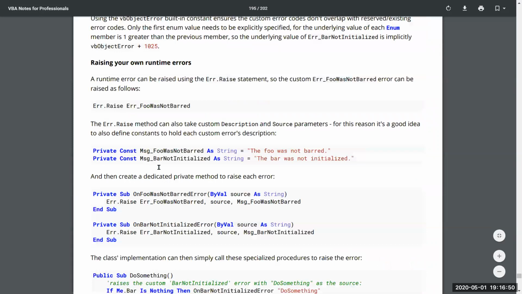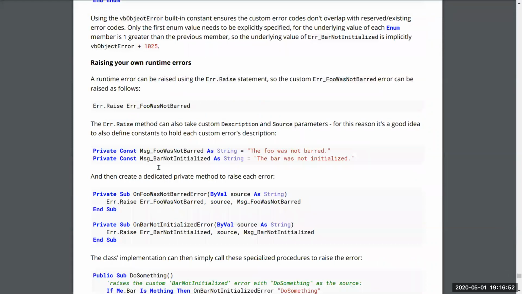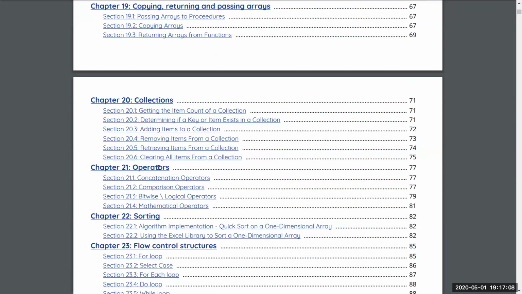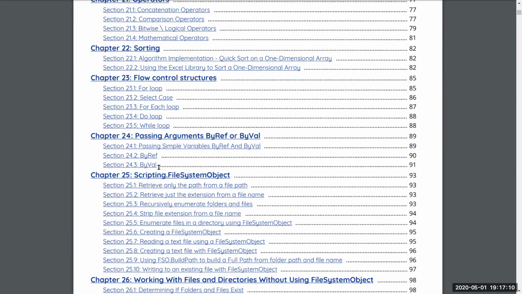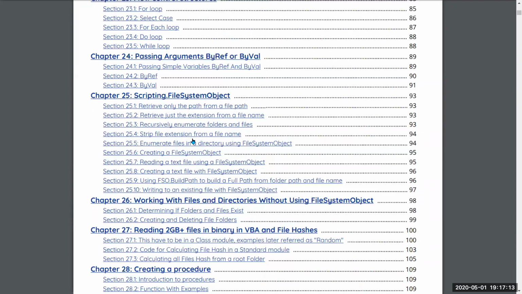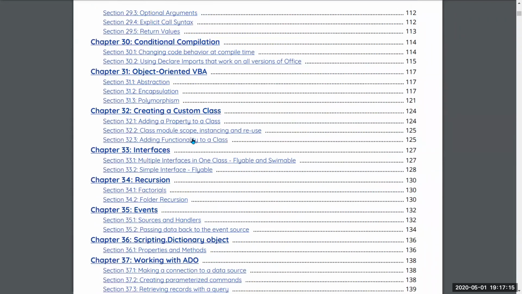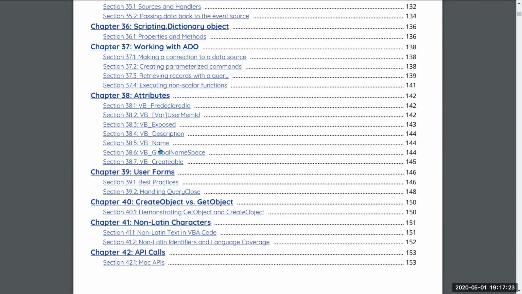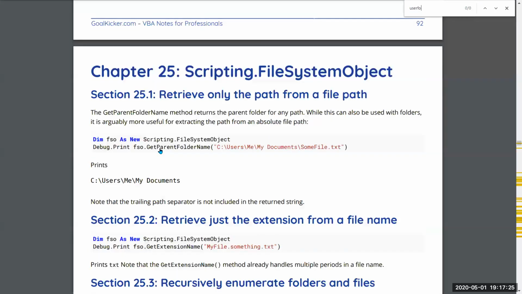In fact, somewhere in this book, it has already also been written: don't read this book from chapter 1, 2, 3, 4, 5 in an order. You should read it in a scattered manner. Whatever topic you feel is important to you, to your line of work, you should focus on that. And the best way of doing this is just to go to the table of content and see what you feel is important to you. For example, some people might say, I don't know, maybe working with files and folders are more important for me. Somebody might say, I want to focus on some financial calculations, so I want to focus on factorials. So like this, you can just pick the topics that are important for you and you can focus on that. And you can also search.